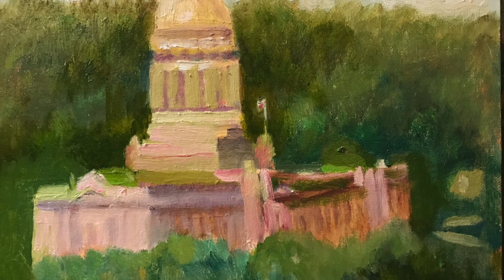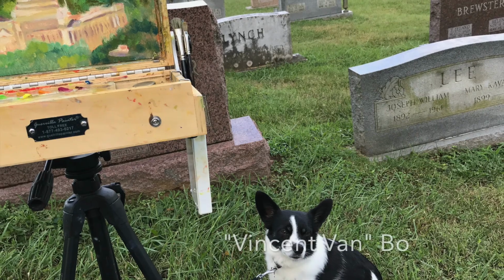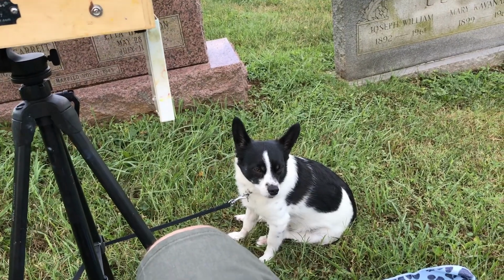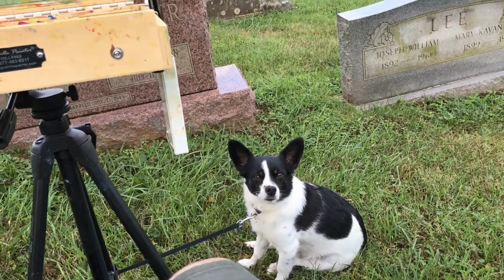So what you're looking at is my progress in the paintings. That's the oil painting. There's my painting companion who was with me every Saturday and seems to enjoy the time